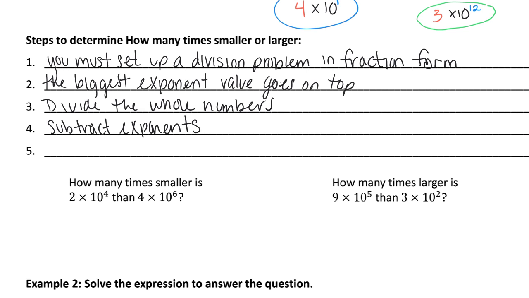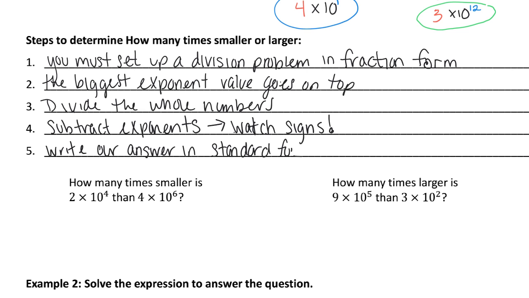Okay, and remember to watch your signs. So be careful when you're subtracting with negatives and all that stuff. Last thing, so we don't leave it in scientific notation. So we write our answer, no matter how big or how small it is, in standard form. What I mean by that is, instead of 2 times 10 to the 2, we would write that